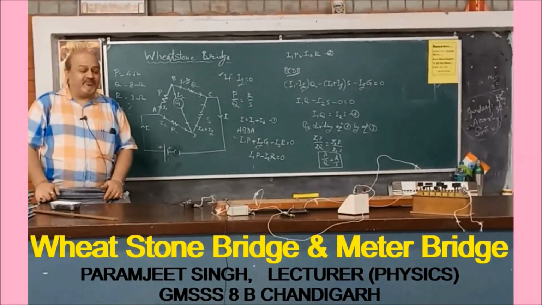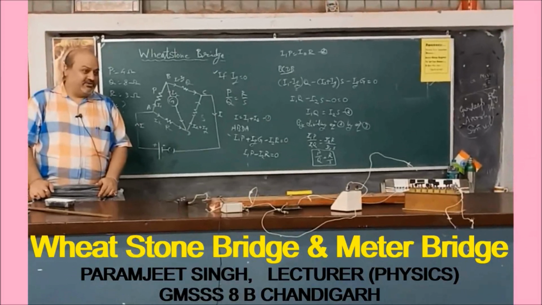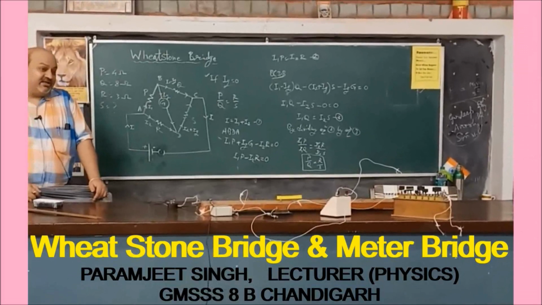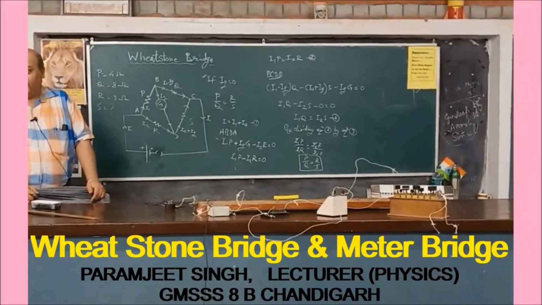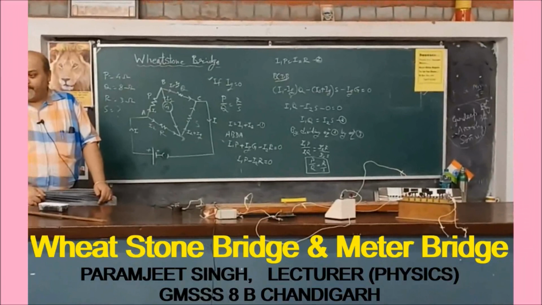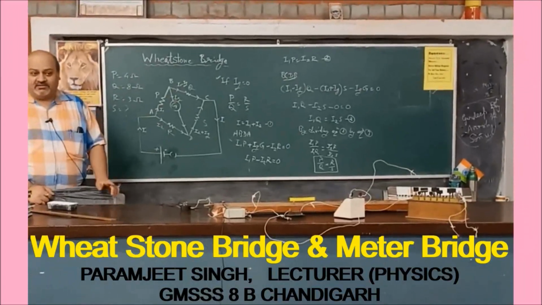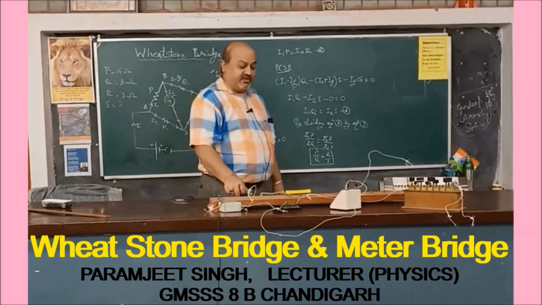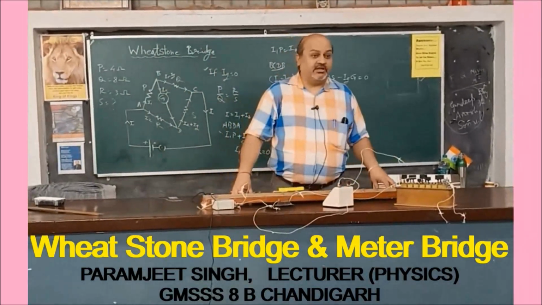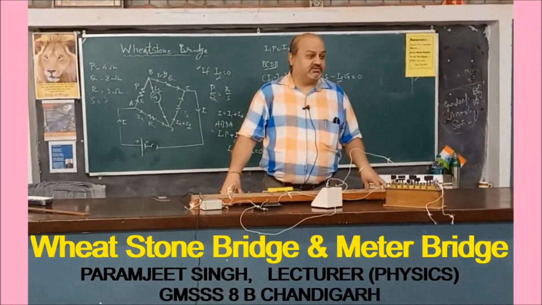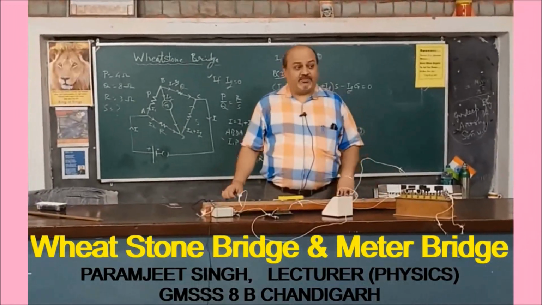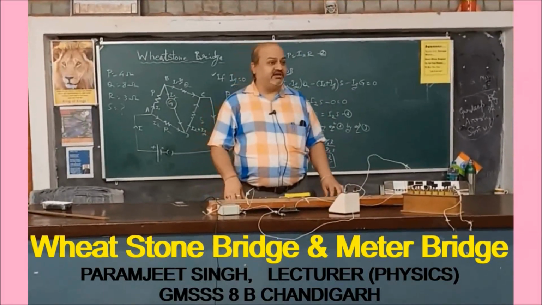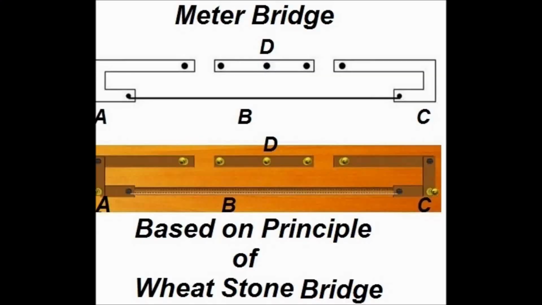So the first use of the Wheatstone bridge is to find the unknown resistance by achieving the balance condition. Got the idea? How can we calculate unknown resistance? So the Wheatstone bridge is very useful for calculating unknown resistance. So this is the theory and principle. Let us move to the practical side. Can we design some apparatus to calculate?